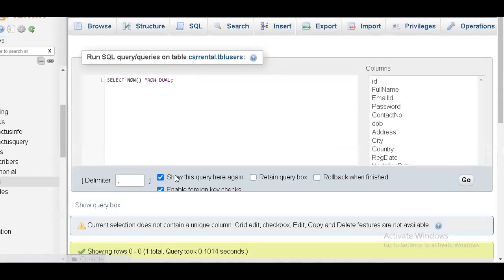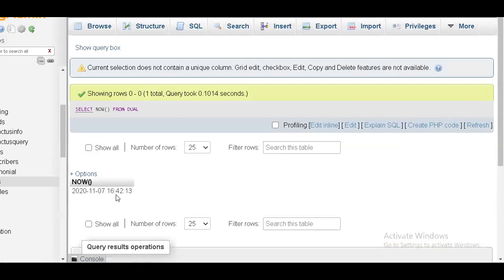I'm writing select now. What is this now? It's a date function available in MySQL, a ready-made function you can use. Whenever I say now with brackets open and close, it automatically displays the date and the time.